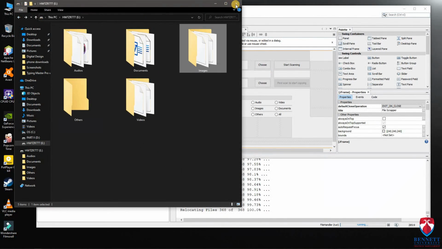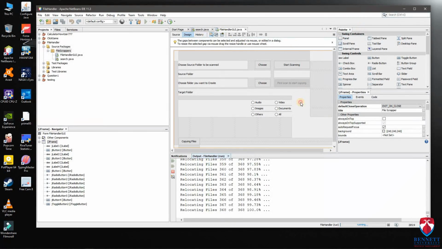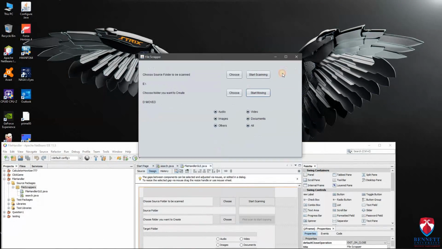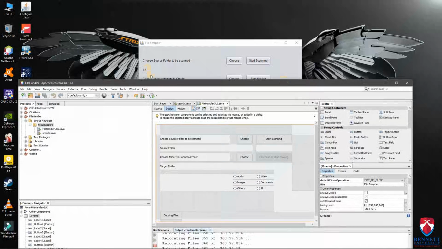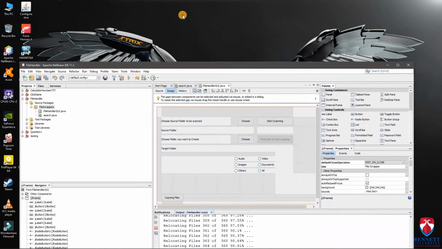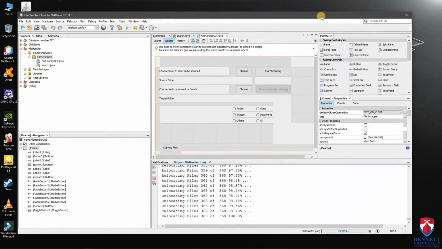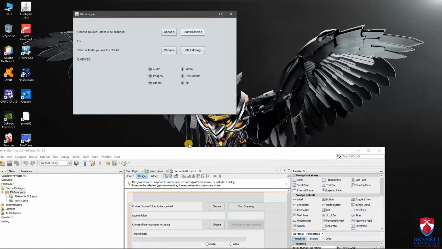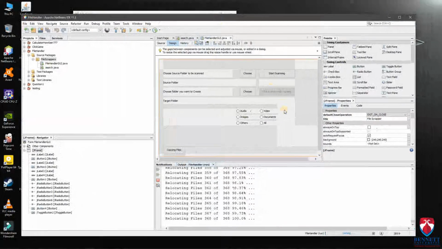So this will work over all systems, over all drives. Okay, that drive should have read and write privileges. It's working on my system for the hidden files also, because I have given it the administrator privilege. I'm running it as administrator, so it will scan all the hidden and root files also. Okay, so here it ends.